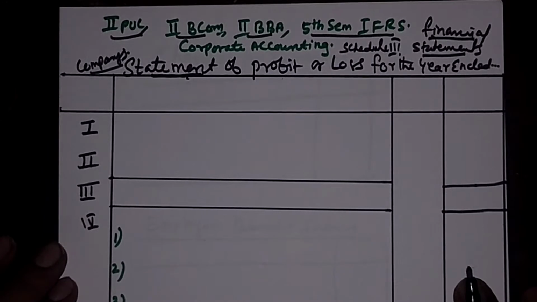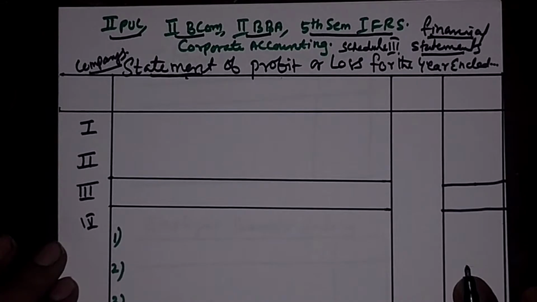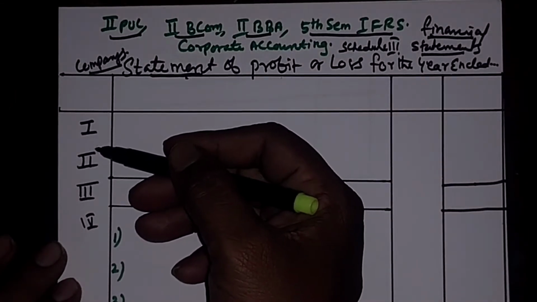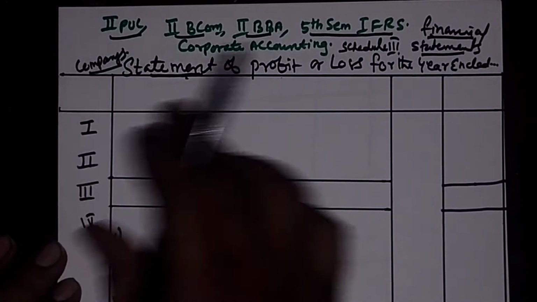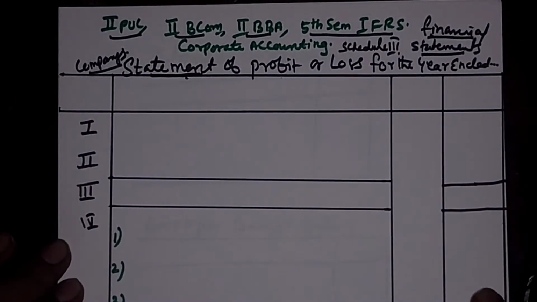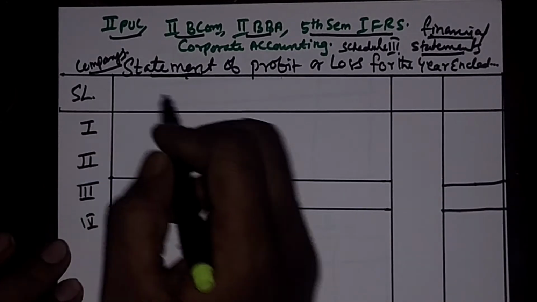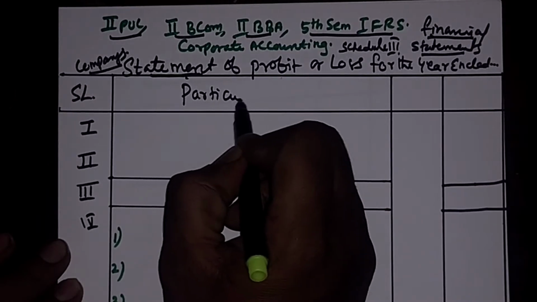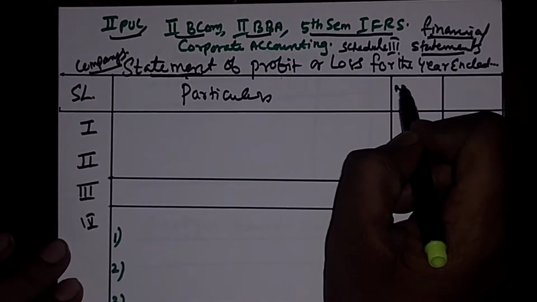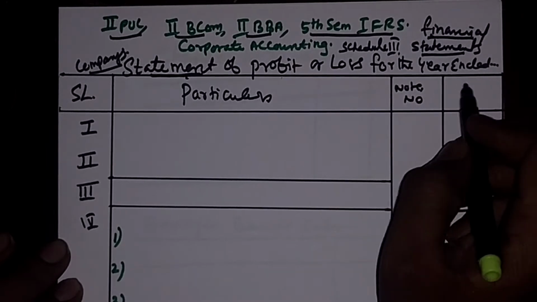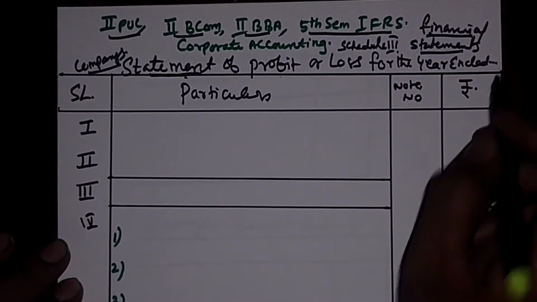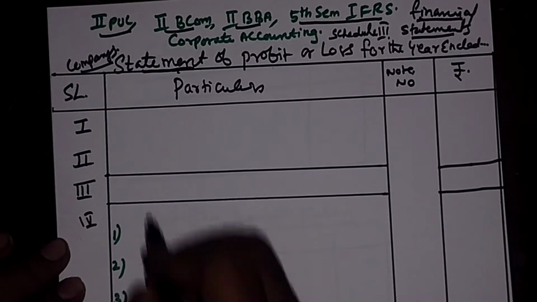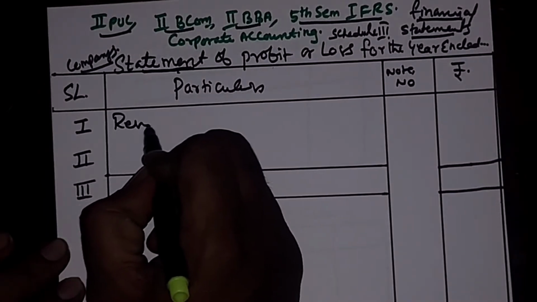Once upon a time we were following the horizontal format. Now we are following the vertical format. Now already, to save time, I have made a little format in this, but we are going to follow certain procedures by writing on the spot. Particulars. This column is called note number and this column is called rupees. The very first one is serial number 1,